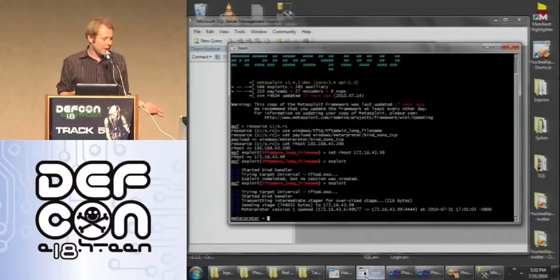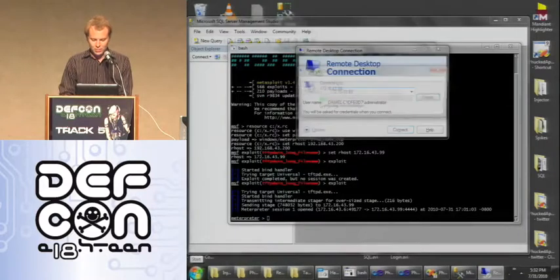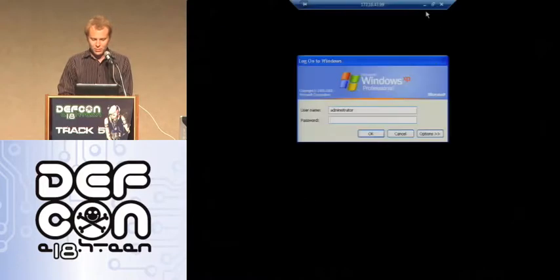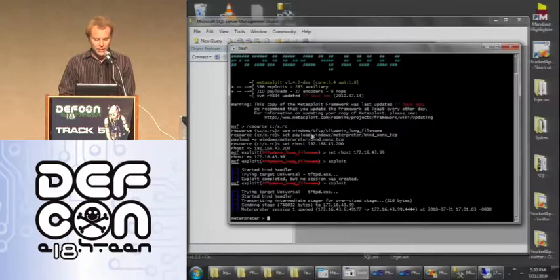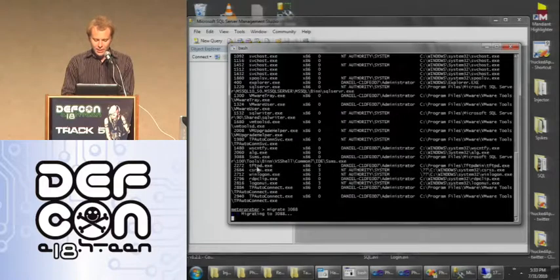So we just have a VM over here that's got SQL Server Management Studio running on it, and I should get remote desktop to that. And so we've got an interpreter shell. I just put something vulnerable on it. And then if you look at the process list and find SQL Server Management Studio, SMS, it's 3088. So if we just migrate to 3088,